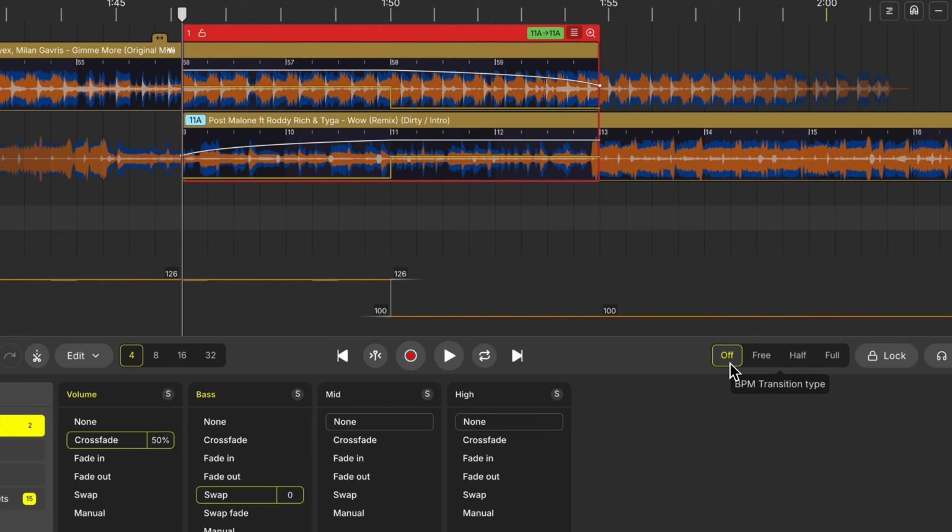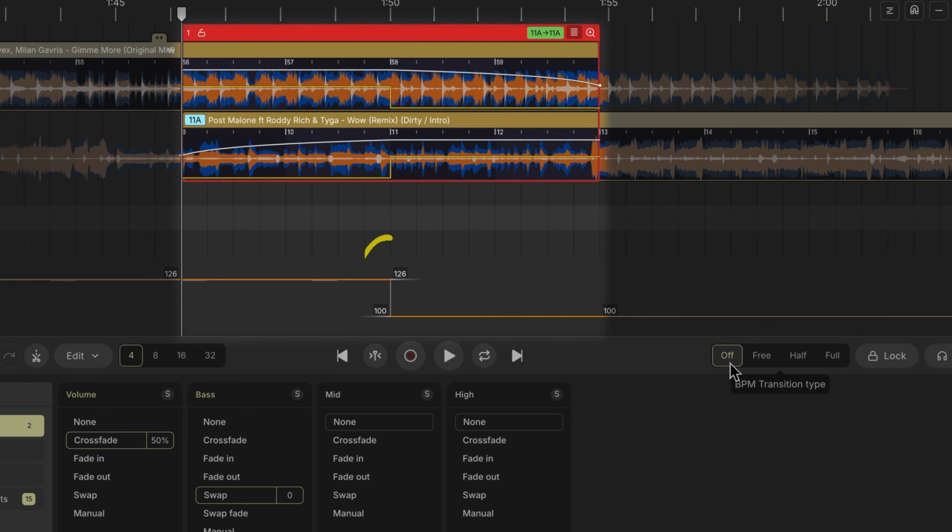The transition window turns red and the lines in the tempo lane have become disconnected. This signifies that for this transition, all tempo adjustments, beat syncing, and even the beat grid itself has been turned off. Any songs, effects, and samples that we use during this transition will be completely independent of each other, and while that's not ideal at all for a lot of situations, it's perfect for situations just like this.